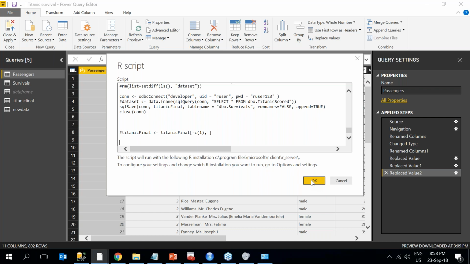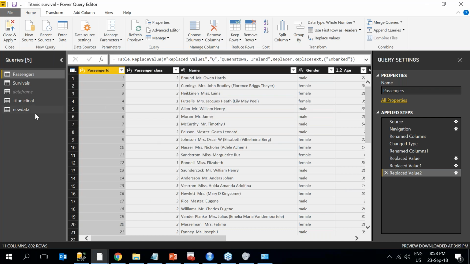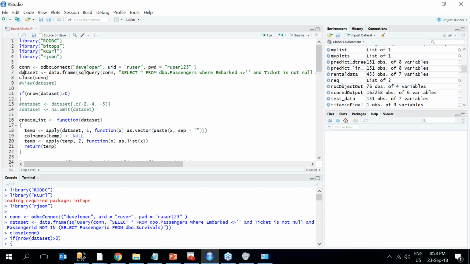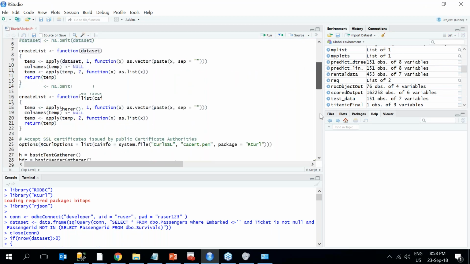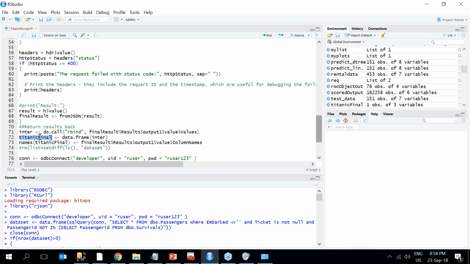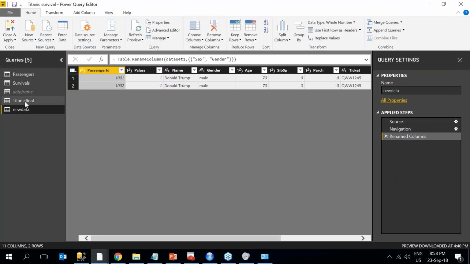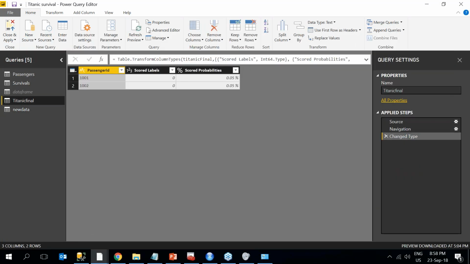And also when you say OK, then you can see the two data sets that you have created. You can see the data set called dataset here, and also the Titanic final, which I've created. So those two are the data sets that you can see now here. I just said new data and Titanic final. So now what I'm going to show you is